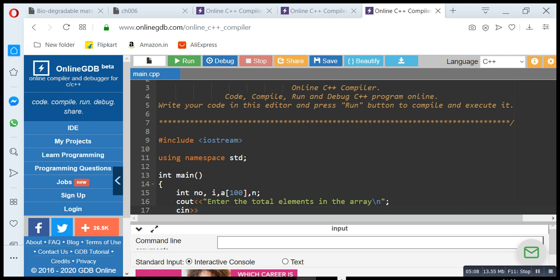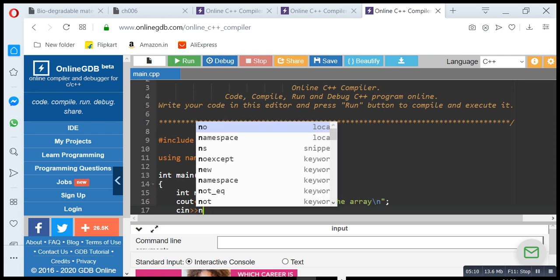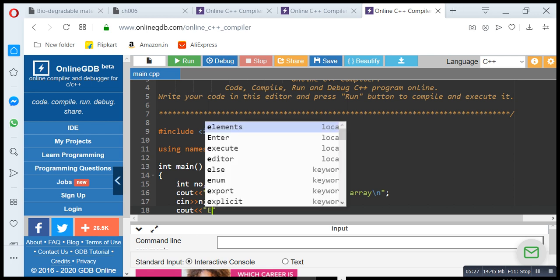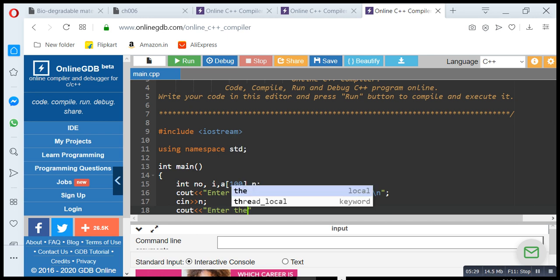So I'm getting the total number of elements in the array as n here. Then I have to ask the user to enter the elements. For example, if I am entering 5 elements in the array, the user has to enter all the 5 elements one by one. So we can ask the user, enter the elements,